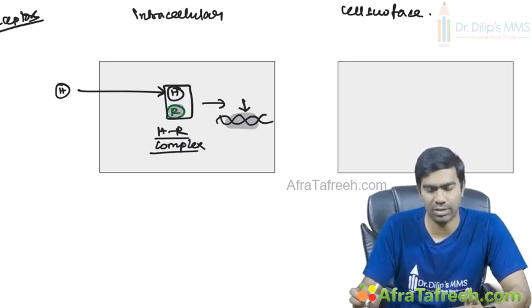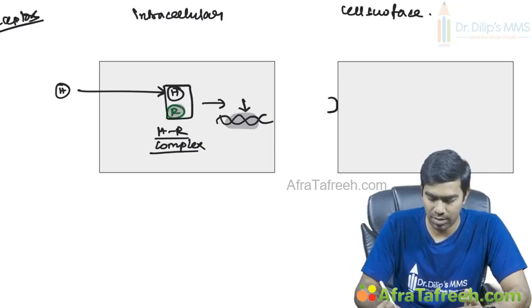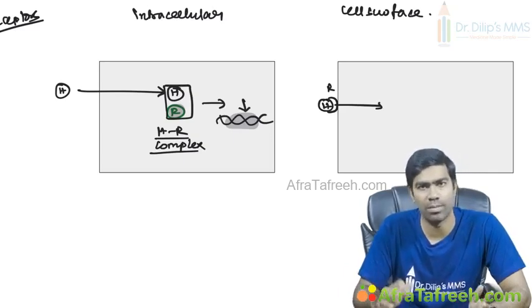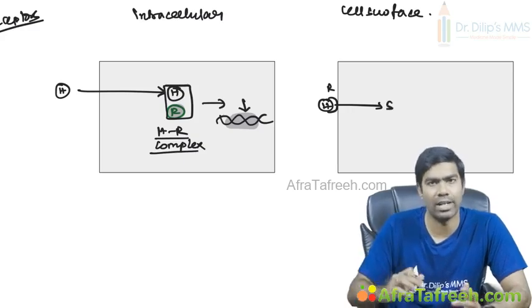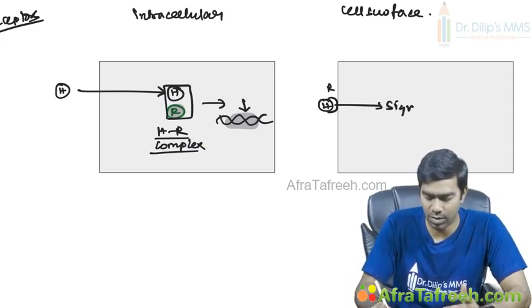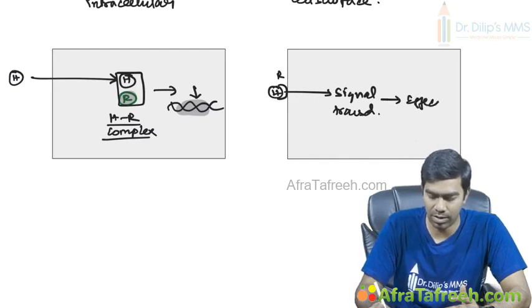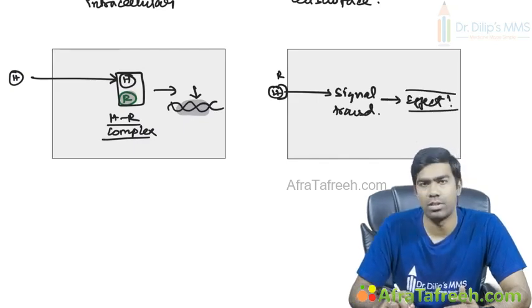Whereas these cell surface receptors are not like that. You have a receptor on the cell surface itself where the hormone should bind, and they cause some downstream effects inside the cell with a chain of protein molecules, and this is what we refer to as signal transduction. And this signal transduction inside the cell will have a particular effect. Clear? So this is how they are going to work.